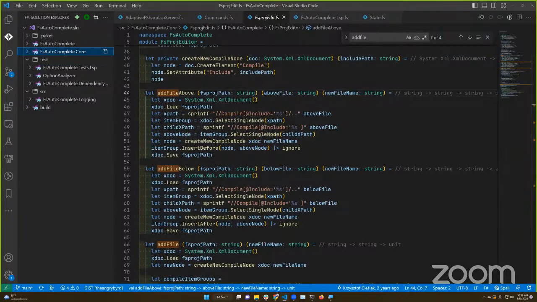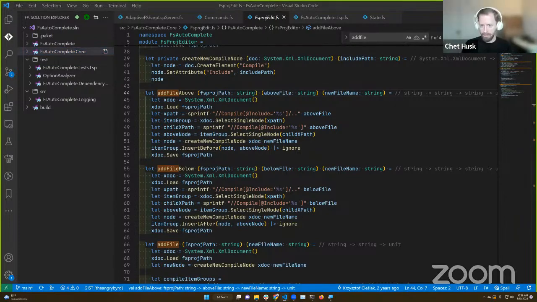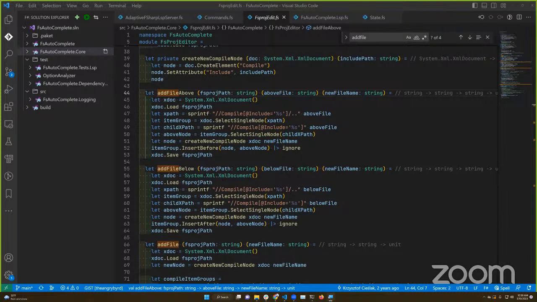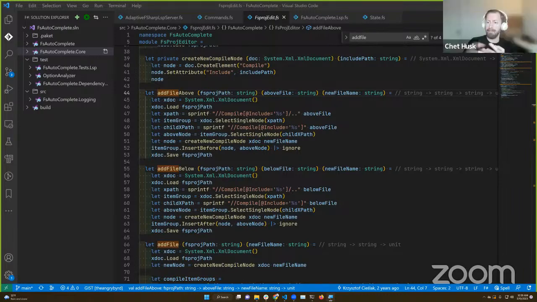The split is mostly that core editor features will come directly from FSAC, and any Ionide-specific treatments, things like the Solution Explorer, the integrated debugging, the info panel, these are all Ionide extensions.